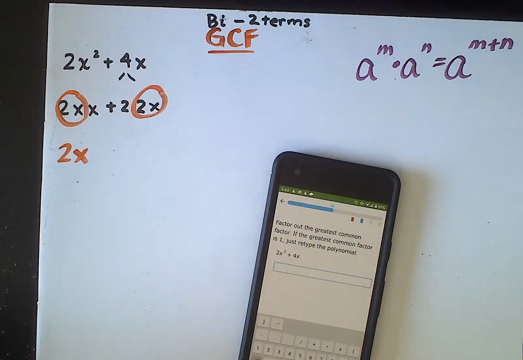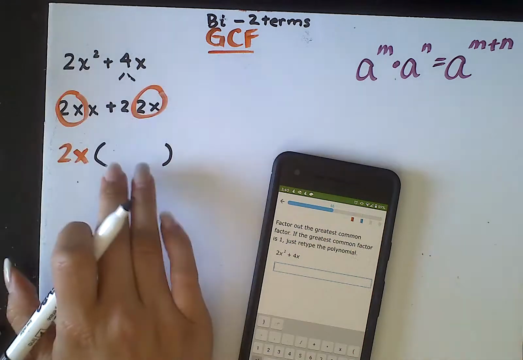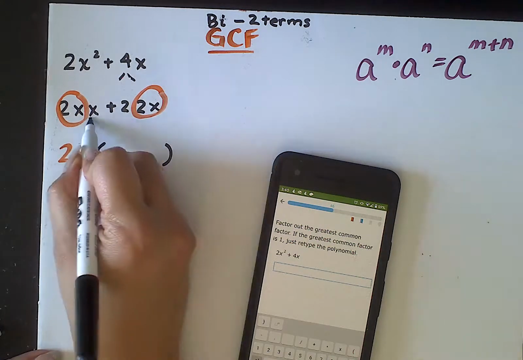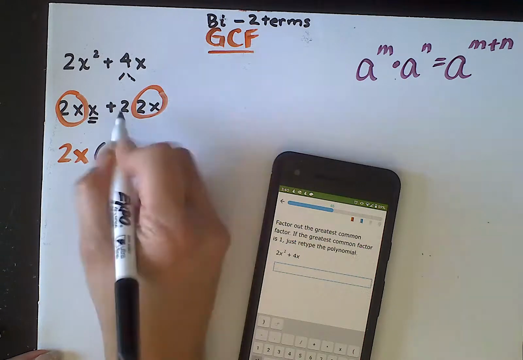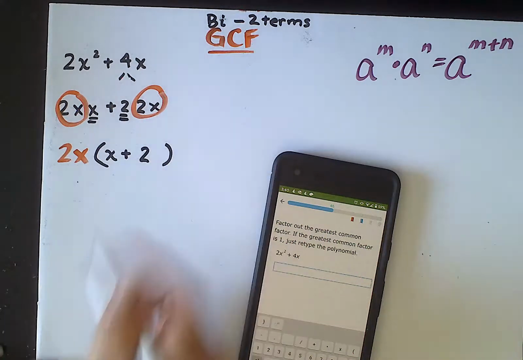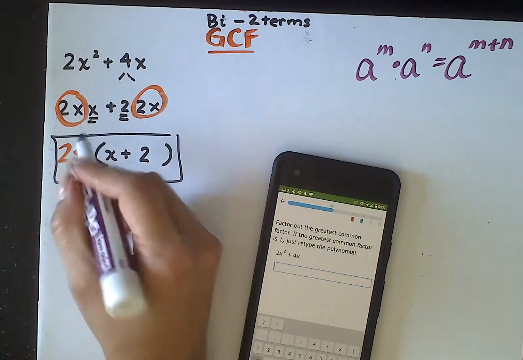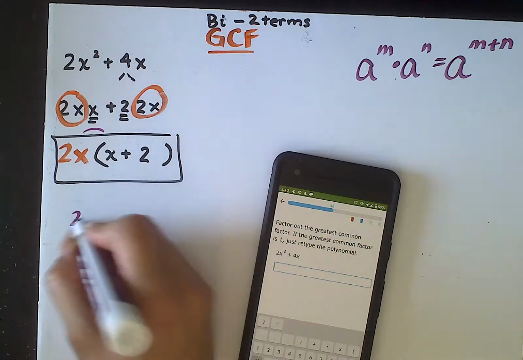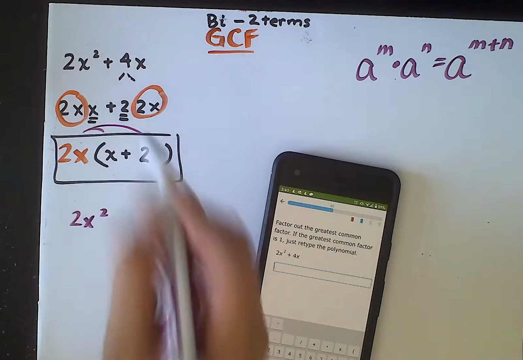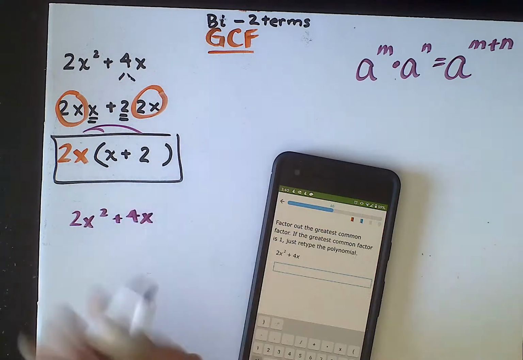Okay, so I circled down my GCF and wrote it out. So again, I have a binomial, so that means I need 2 terms in here. The first term should be x plus 2. Okay. Now let's double check my answer. That's 2x squared, and 2x times 2 is 4x, which gives me the exact same answer above.